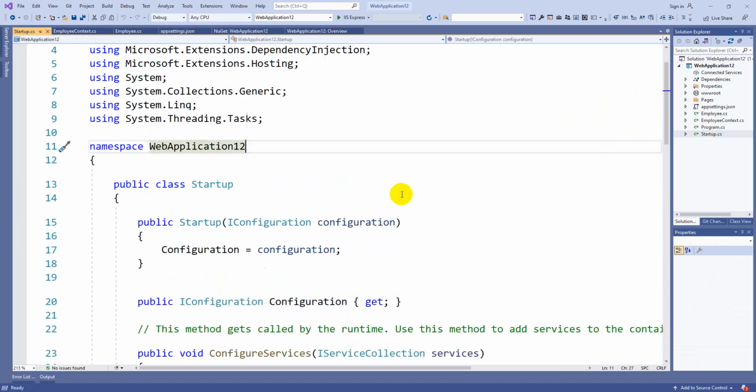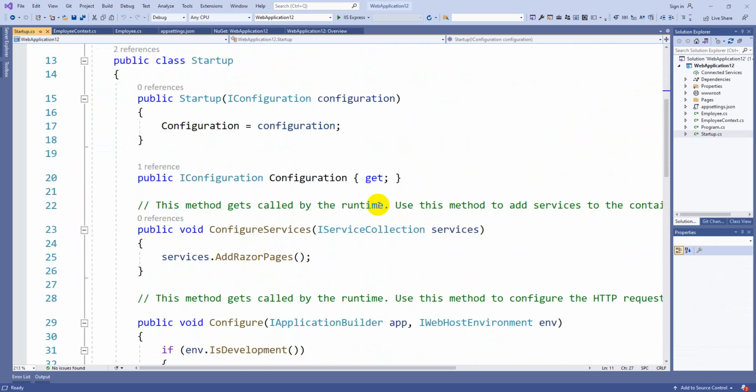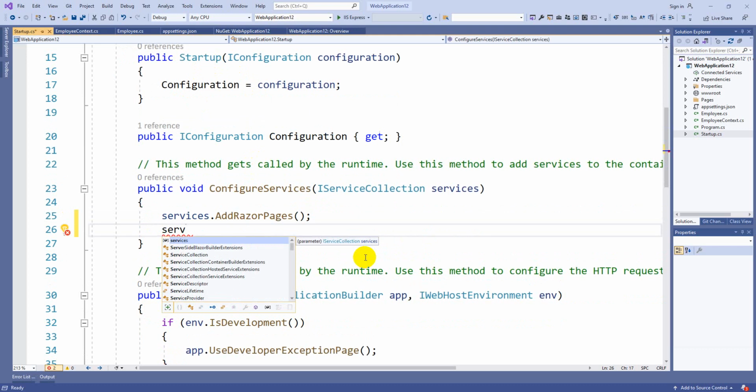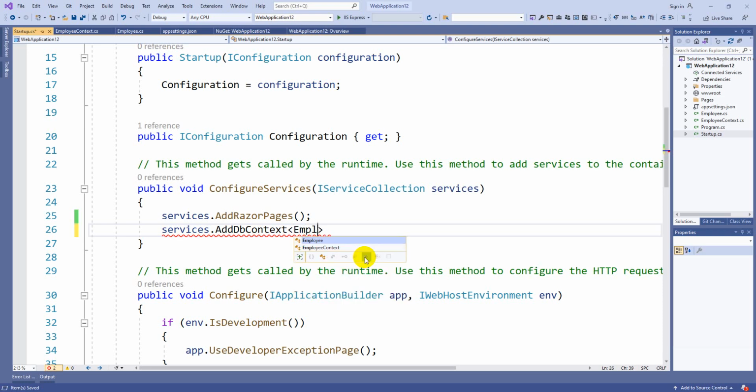Here there is a method called ConfigureServices, or configuration. Here we can add this particular SQL Server connection string. I can write services dot AddDbContext. Here you should mention your context name, so my context name is EmployeeContext.